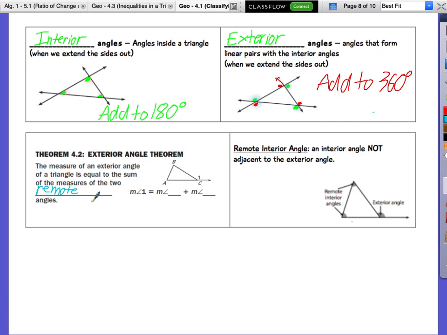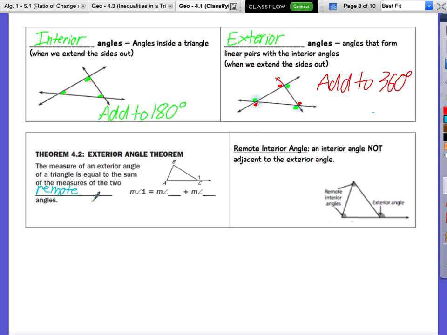What does remote mean? Well, think about a TV remote. Are you close to your TV generally when you use the remote? Okay, are you right next to it? No, there's some distance between you, right? That's why you use the remote. The TV might be there, but I might be over here, or where William's at. So remote means you can do it from away. You can be away from it.